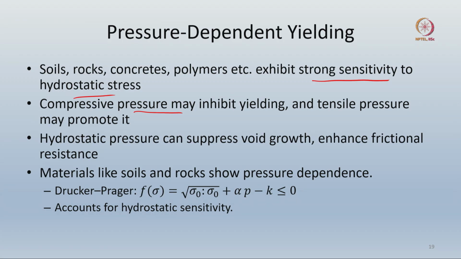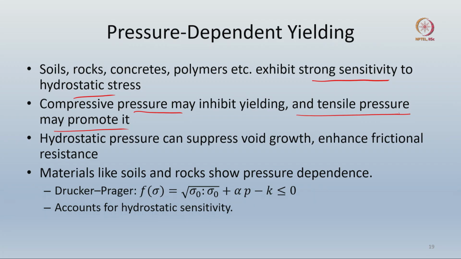It may close the interfaces, and therefore inhibit the yielding, because the yielding typically occurs through those points, either the interfaces or the voids, etc. But by the converse of the same logic, the tensile pressure should be able to promote plasticity. So, in such cases, materials such as soils and rocks which show pressure dependence, we can actually come up with